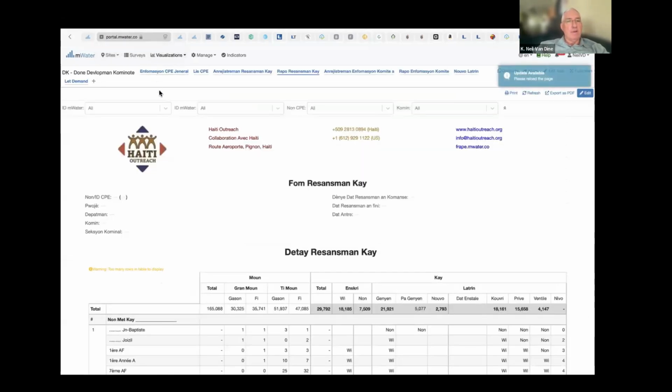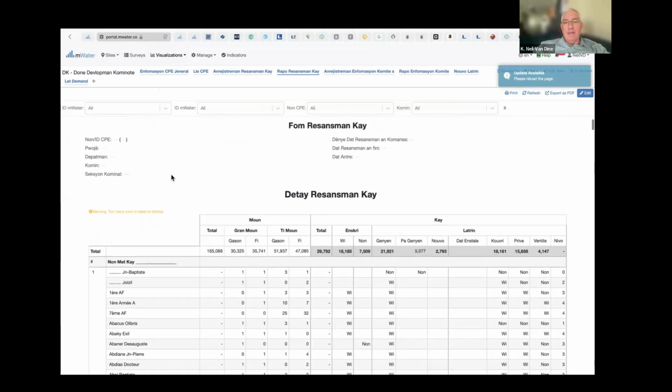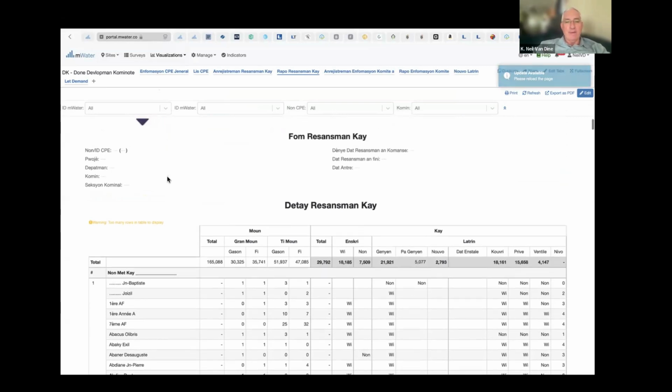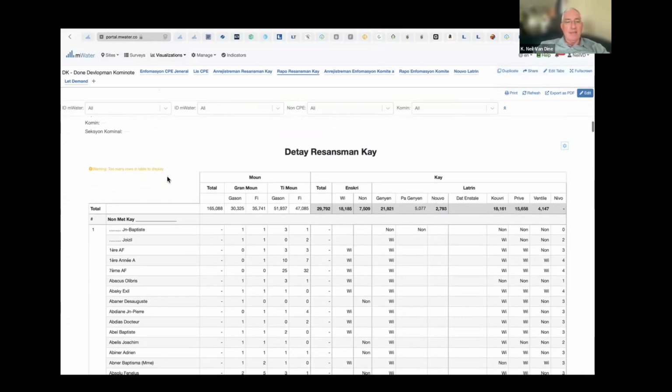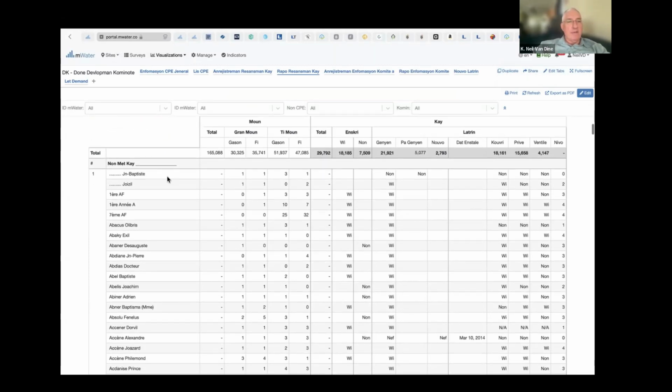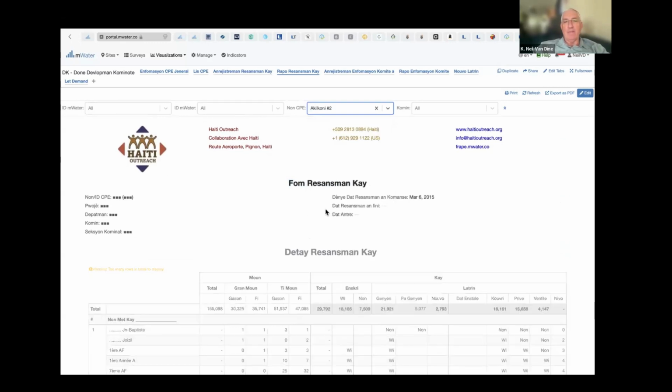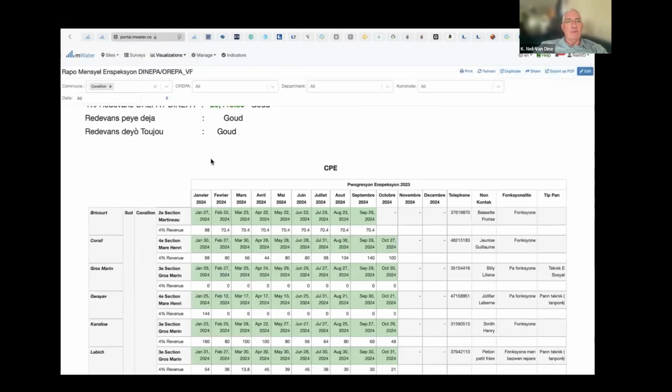What else do we use it for? We use it to track meetings. Every community meeting that we have, over 20,000 community meetings have occurred, and we track that in mWater. This is some community information. This is a housing census being done by an individual community, and if I want, I can look at this community or that community and see how many men and how many boys and how many girls, and so on and so forth. Our guys do this in the field and enter all the data on their phone.